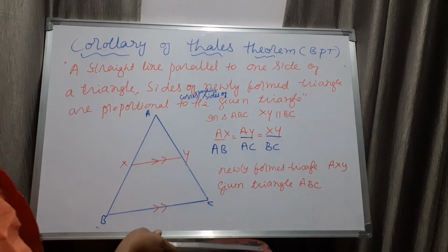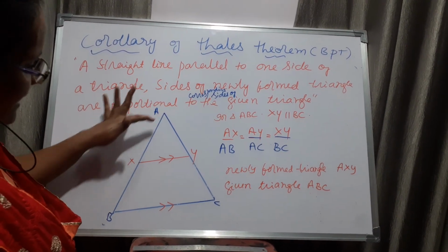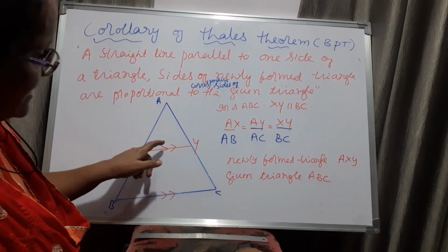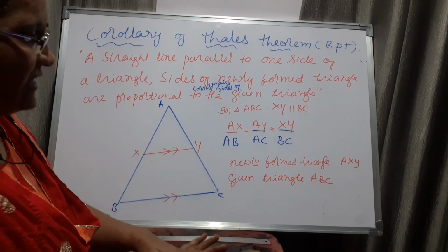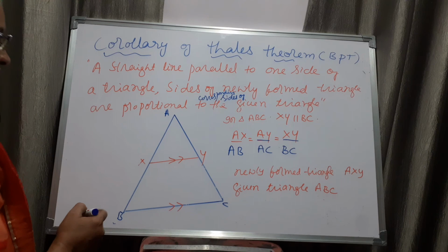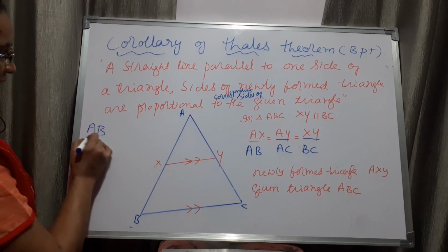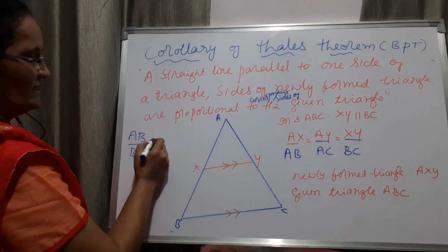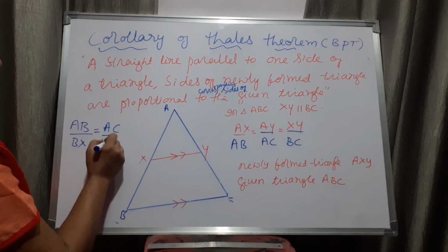Understood? Sometimes in the next problem we can take this one also, that is AB by BX, AC by YC, XY by BC. That is also from the old school, I mean, we are proving that one. That is last year's chapter. That's why I am saying we can take that also. That is here AB by BX, the down part, is equal to AC by the down part YC.